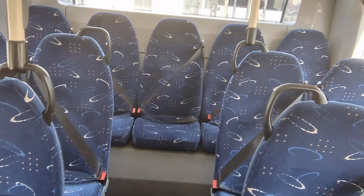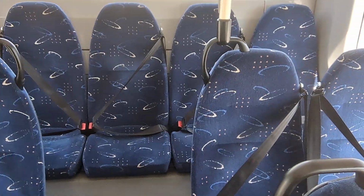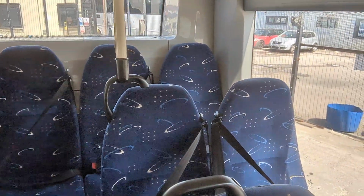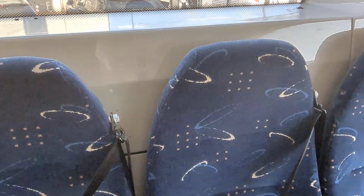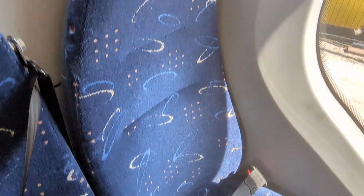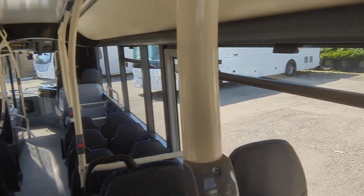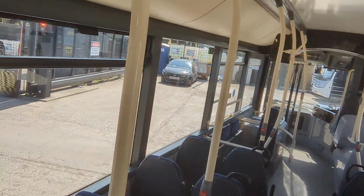So standard stock moquette, which if I'm not wrong, is a Chimera moquette, readily available, this fabric. As I said, 3-point seat belts fitted. On this one, that's been changed for a lap belt. Look, it wouldn't be difficult to put a 3-point in, would it? Not sure why that's been done. Maybe there were no 3-point ones in stock when they needed it. Who knows? But the seats are in great condition, and for me, as I said, she ticks a lot of